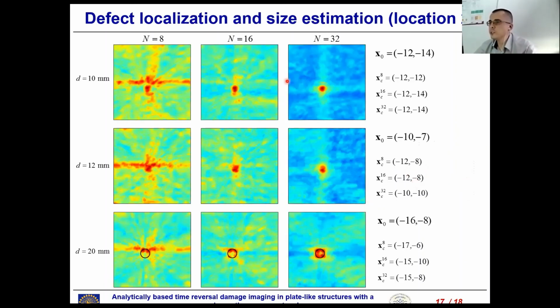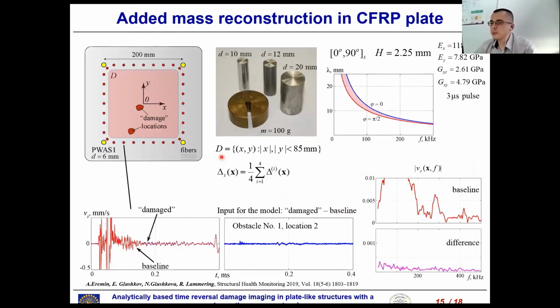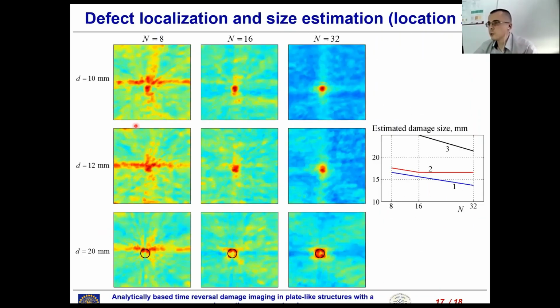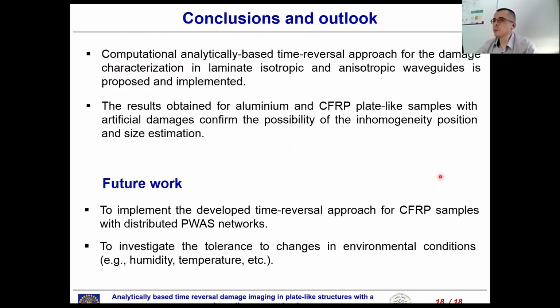So there were case studies for 2 locations, somewhere in the middle of the test domain and somewhere closer to its border, but nevertheless in both cases we managed to resolve the damages in several damage scenarios, and managed more or less to judge the type of damage or size of damage which was installed in the structure. So, some conclusions: